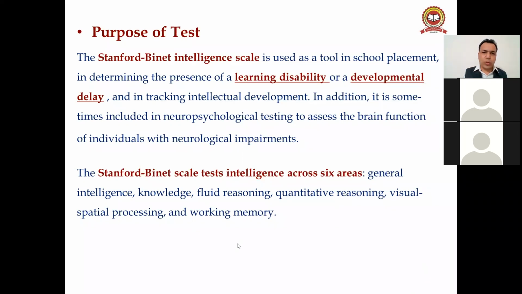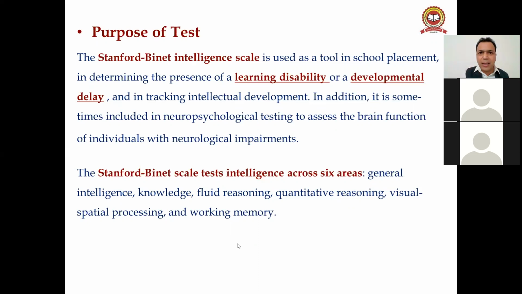Okay, right. So you have to tell what is the purpose of this test. This test is to know the learning disability of the student. Actually, students, you have seen many cases. For example, you got an appointment in a school, and you are teaching the class of 5th or 6th. Sometimes a weak student comes into the 5th class, and again he is promoted to the 6th class and 7th class. So the teacher is teaching in the class, but what is the actual problem of the student? We have to find out.